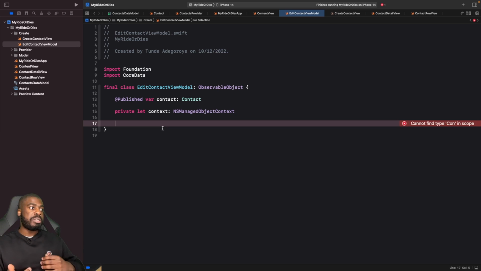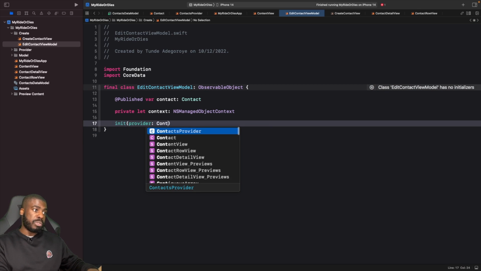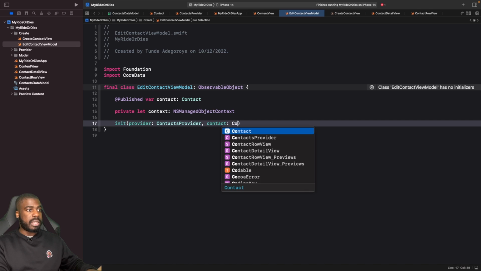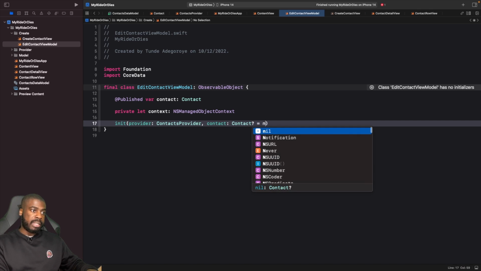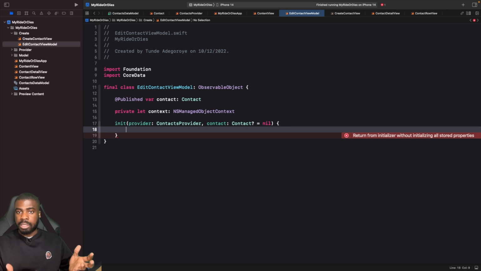So now what we need to do here is we actually need to create an initializer to allow us to create a context and also get our provider, and we can choose whether we want to use an existing contact in memory within Coordinator that we want to update on a new context, or we can create a brand new contact on a new context as well and choose whether we want to save and commit it to Coordinator or discard of it because we don't need it anymore. So we're going to say init, and then this is going to be provider, and then the type here is going to be contact provider, and then we're going to have contact like so. I'm actually going to make this contact optional and set a default value of it to nil. So this means that whenever this is nil, we'll write some logic to essentially just create a brand new